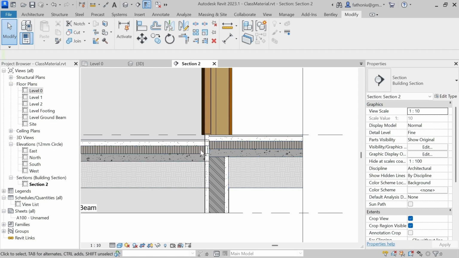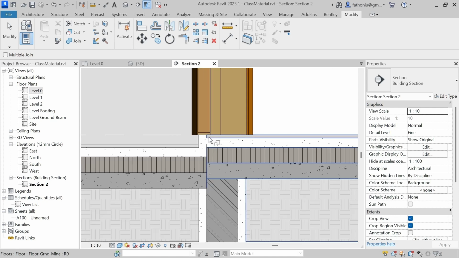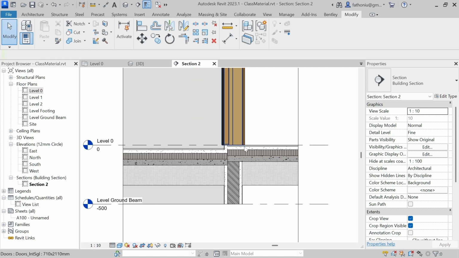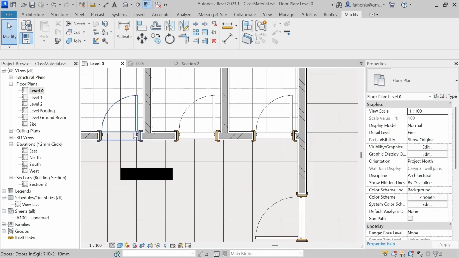Okay, so then the detail here, let me modify, join this one. Like that, small, appropriate. So then you can see there is a gap, and then the tiles here go through this, but it's supposed to go to here, because this one is maybe because of the structure, and then this is the rob. So this is the way we manage the floor. Then same goes to this one. You have to do some editing. So here